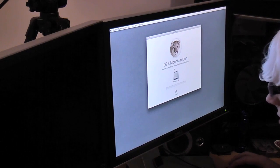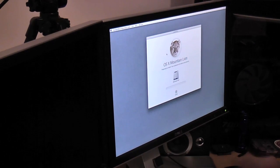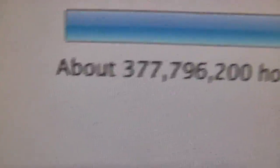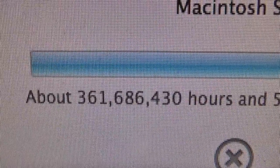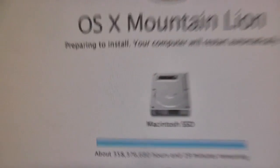It says preparing to install, your computer will restart automatically. Cool. I'll keep you guys updated. Check out these very accurate time estimations. I kind of appreciate that it's going down. So that's pretty cool. This whole process has taken about 10 minutes maybe, and now at the end we seem